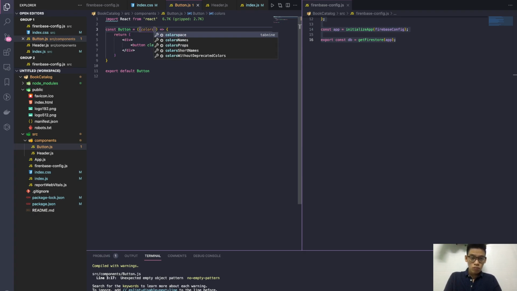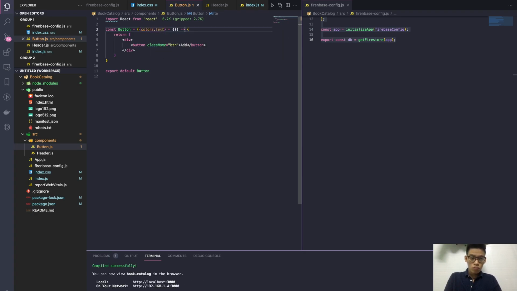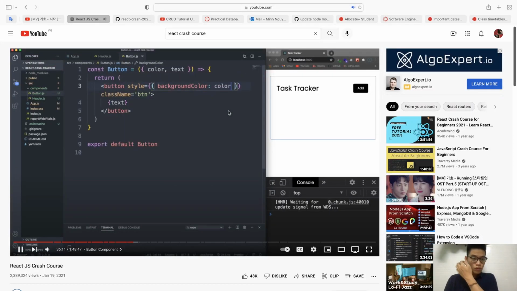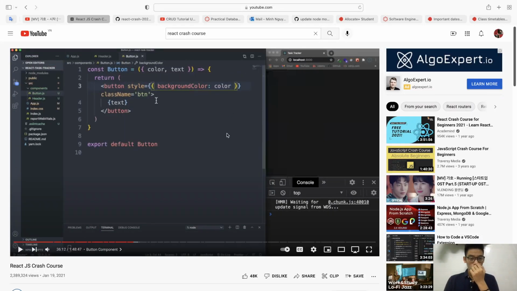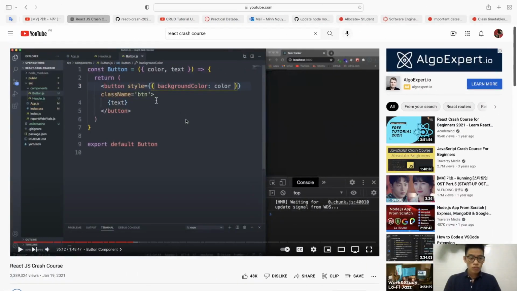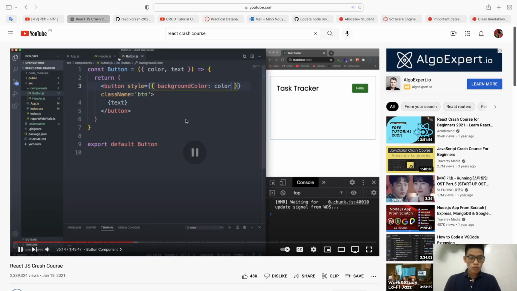And let's add right here, instead of the static add text, we'll add our prop. And then for the color, we'll go ahead and add style and set that to, let's use double curly braces here. And we're going to actually set the background color. So background color is going to be set to color. So we'll save that. And now we have a green button that's